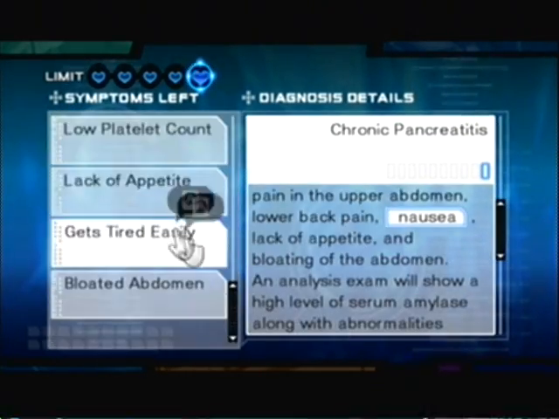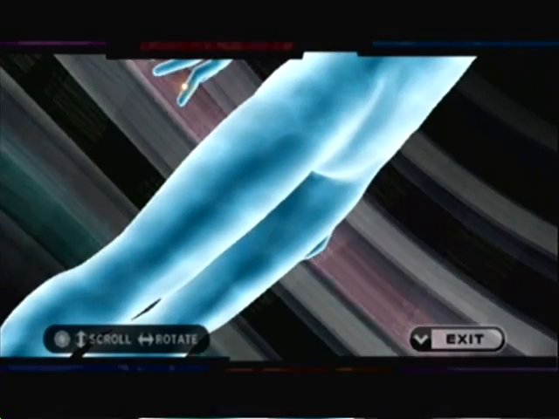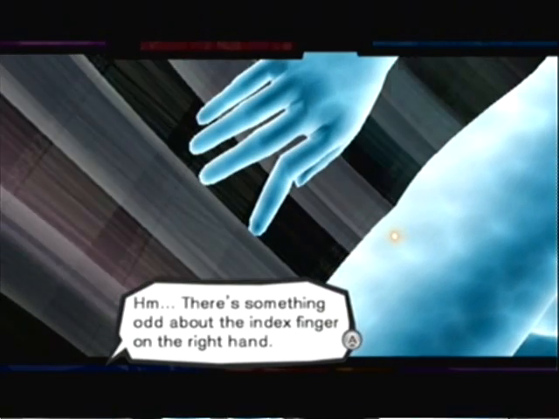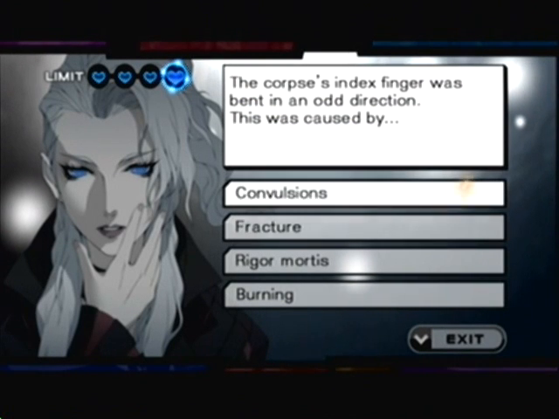You will eventually link up all the symptoms with the correct disease, which is very satisfying. Forensics deals with finding clues from dead bodies to solve crimes. You will definitely need to have some patience while playing this profession. It took several hours to complete the first level, where all of the other professions take about 10 minutes to